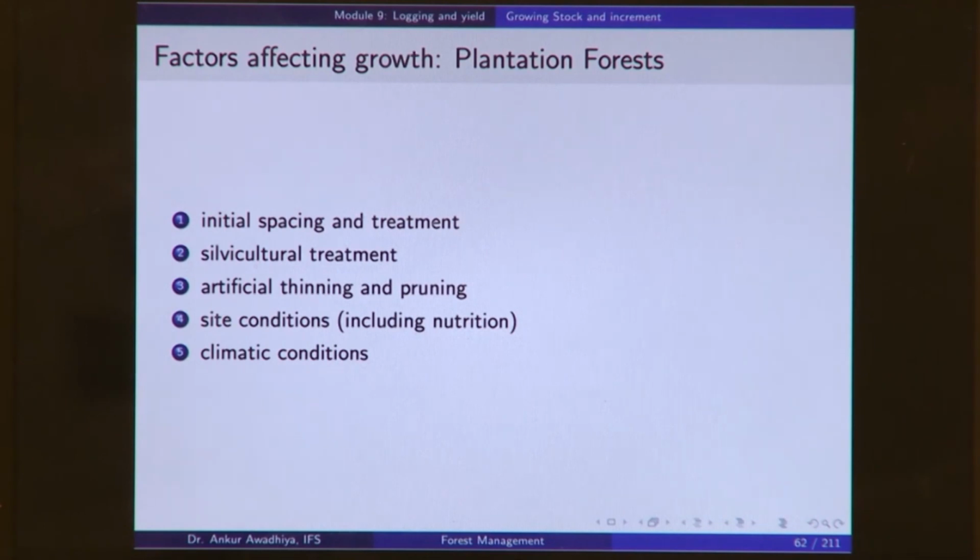Now, similarly, in the plantation forest, the growth is dependent upon the initial spacing and treatment, the silvicultural treatments that are applied, artificial thinning and pruning, site conditions and the climatic conditions. So, here we can see that the growth is dependent on a number of factors, both in natural forests as well as plantations. Now, if you consider any piece of land,